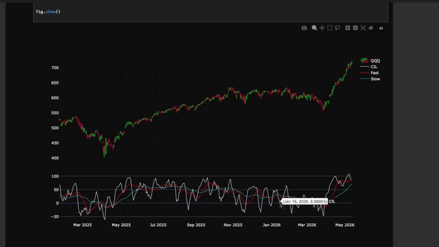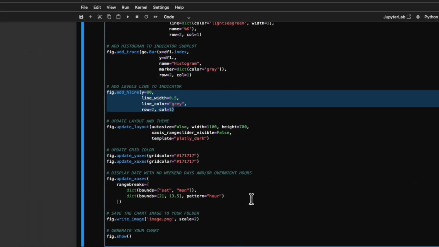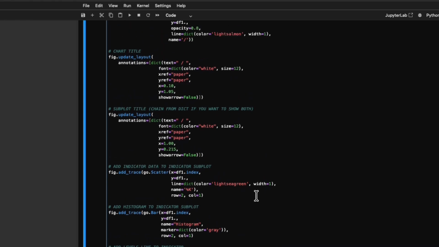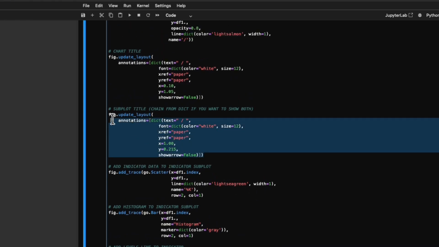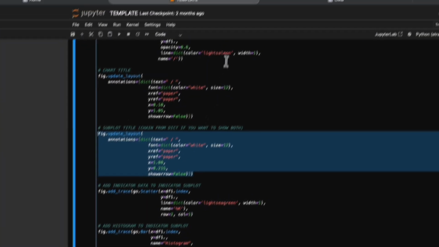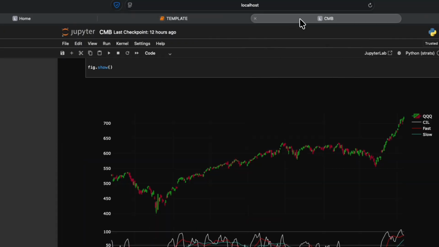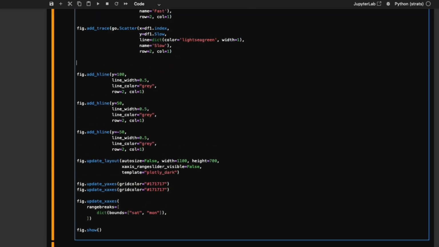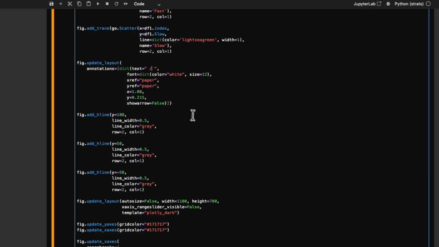So if you wanted to make it look nice, tidy up the format and everything like that, you would add in something like this, which is to add a title. So if you wanted to add a subplot title here, or a chart title, that's there. You could go in and add that one there. We'll do it just for, why not this? So CMB composite index